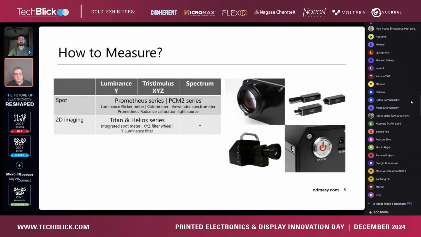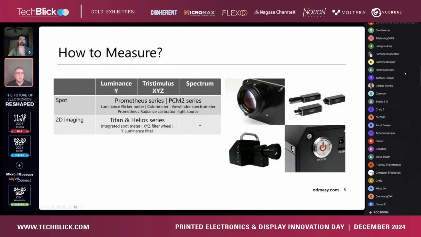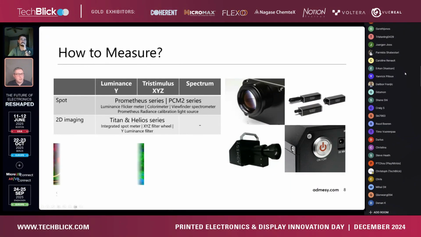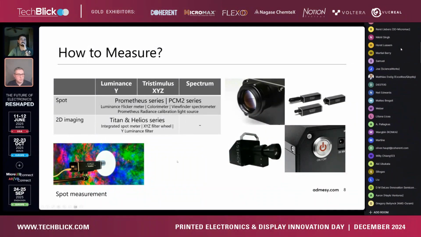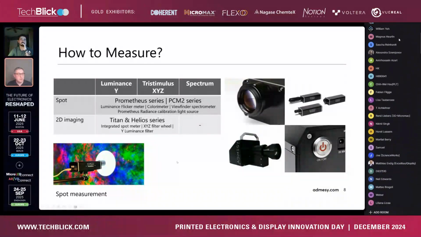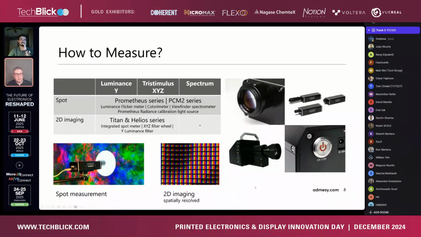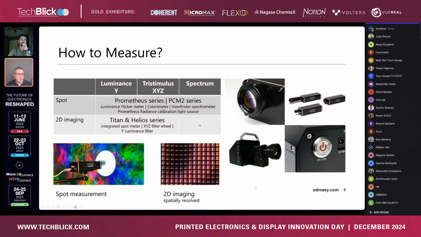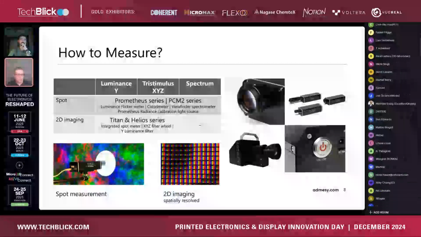So there are basically two types. You can measure all those measurements: luminance, XYZ tristimulus values, or the spectrum. You can either make a spot measurement. Here is a larger TV display, but the same holds true for a smaller display like a smartwatch or an AR display, where you can measure a single spot, which you typically will do with a colorimeter because it is very fast. Or you can use a 2D imaging device when you want a spatially resolved image measurement. That can also be done with an imaging colorimeter, which uses very accurate filters or